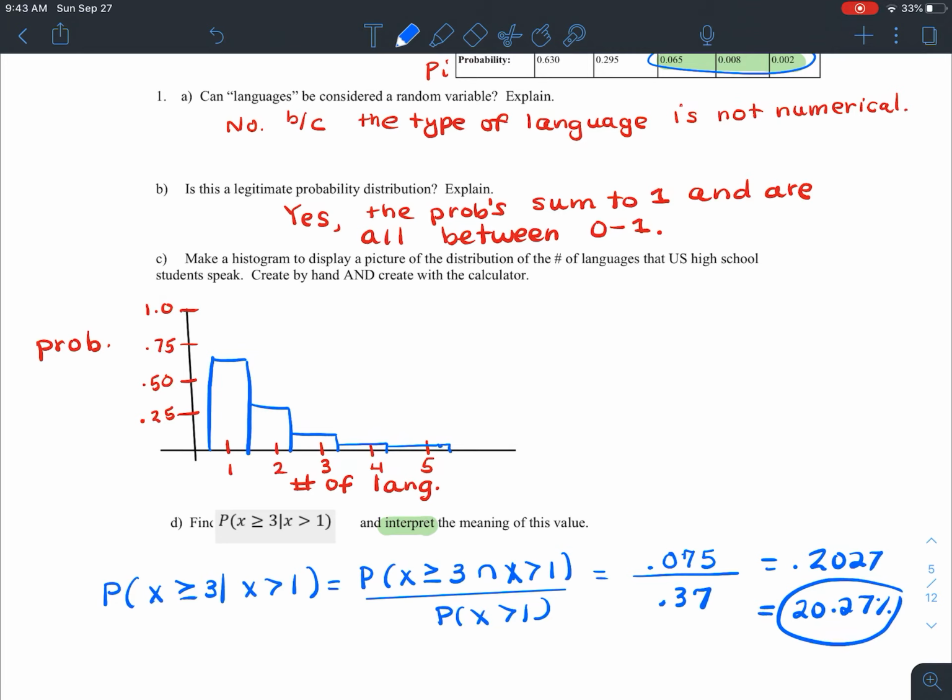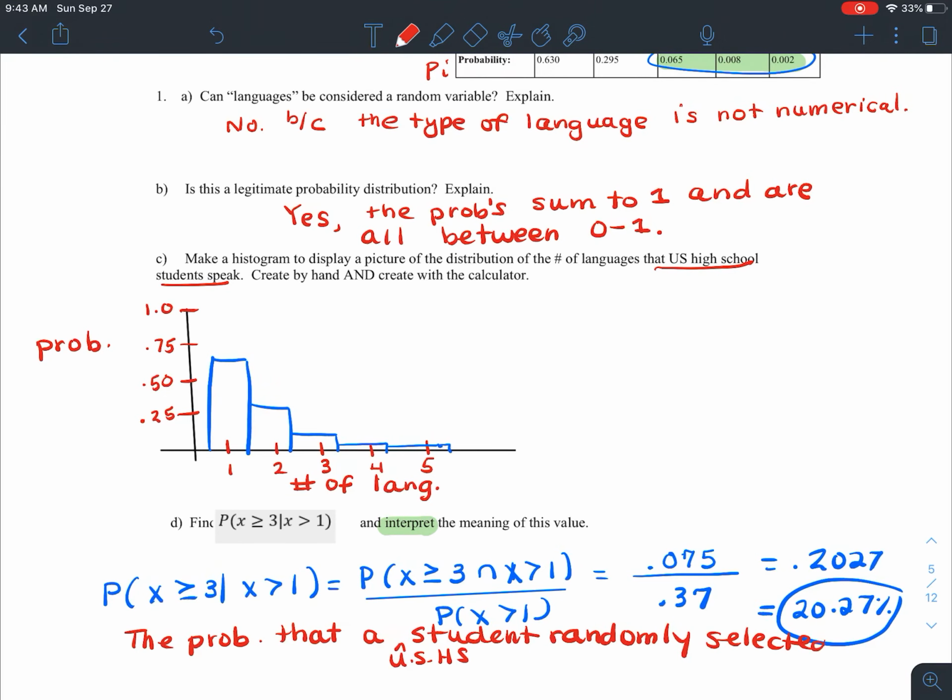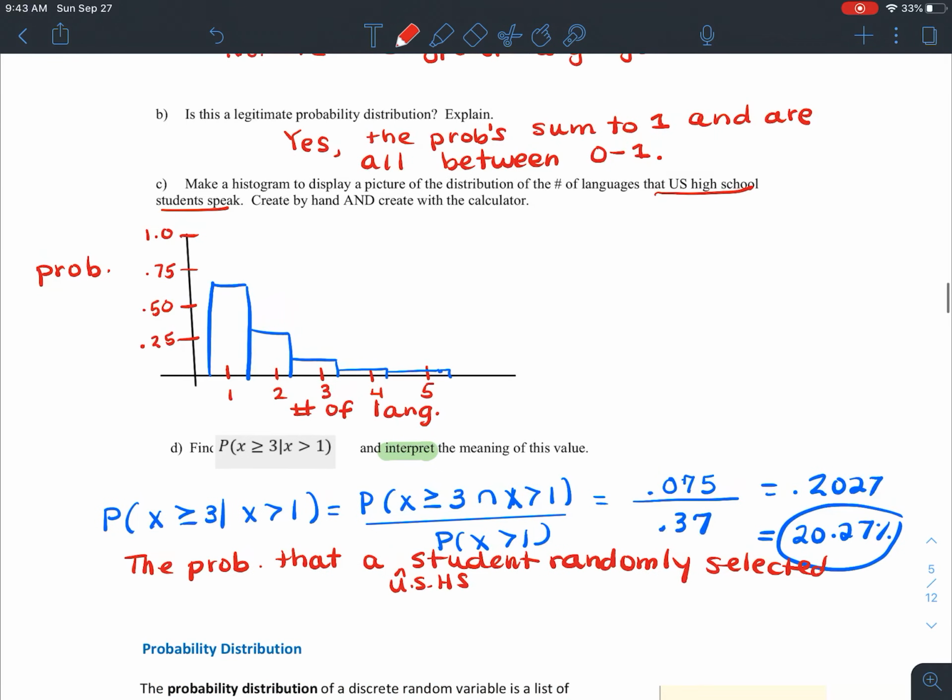I'm going to divide those, and I get the likelihood that given that someone definitely speaks more than one language, the likelihood of them speaking 3 or more is roughly about 20.27%. Okay, and what I just said there is what we would want to write out for our interpretation here. We need to make sure that we're being very specific with who we're talking about. Remember, this is a random U.S. high school student, so we want to say the probability that a student